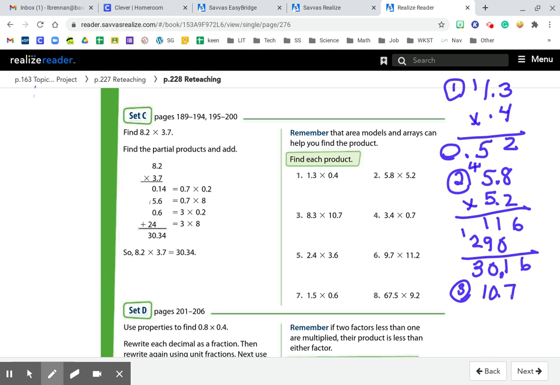10.7 times 8.3. Remember, I can move them around, change the order of them, so when I multiply, I have the larger number of digits on the top. That's not necessarily the larger value, but the larger number of digits. 3 times 0 is 0, plus 2 is 5. 3 times 1 is 3. 8 times 7, 56. 8 times 0 is, whoops, put my 5 in the wrong spot. 5, there we go. And then 8 times 1 is 8. And when I add all that together, I get 1, 11, 9,